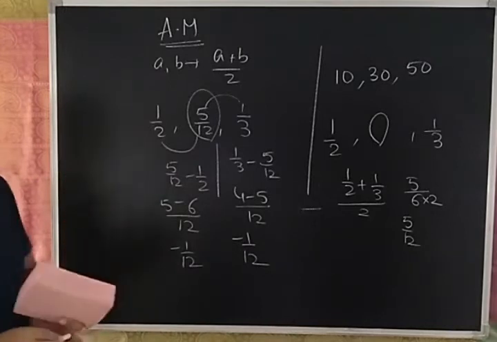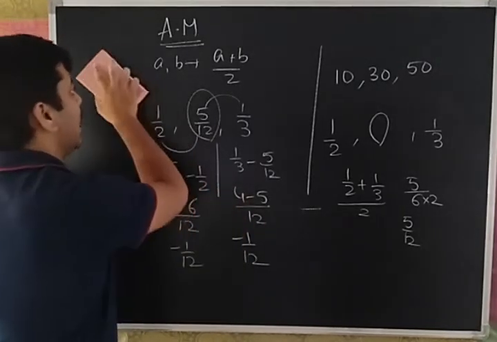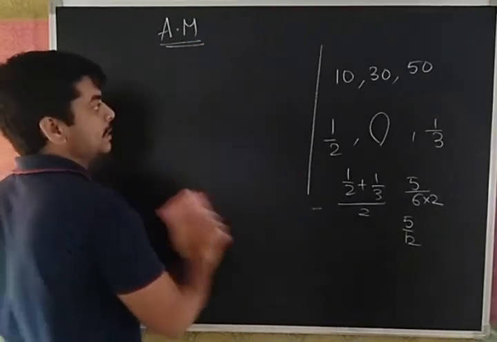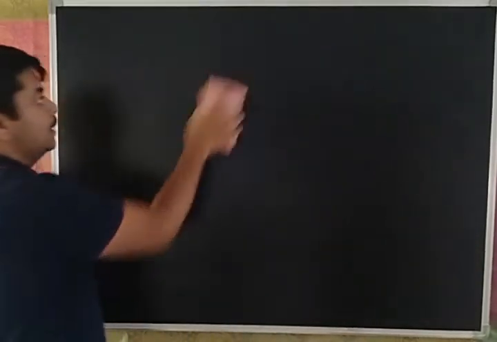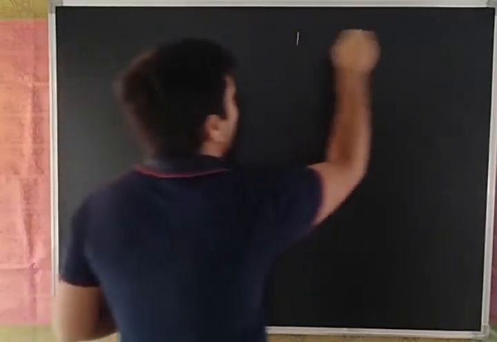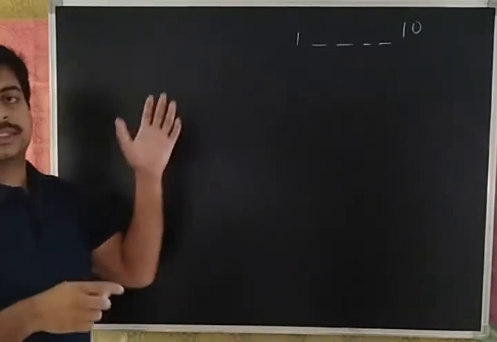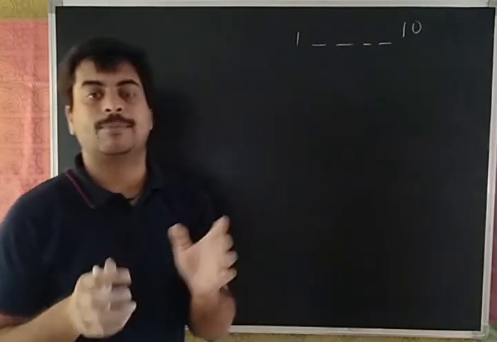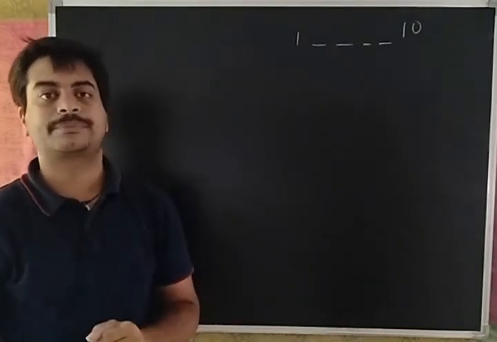Clear? This is about arithmetic mean of two numbers. But now the actual concept for arithmetic mean is not just inserting one arithmetic mean. What I'll do now, I want to insert n numbers between two numbers. I have a number 1, I have a number 2, I want to add 4 more numbers such that all those 6 elements, now the complete 6 elements, will form an arithmetic progression. That is where the actual arithmetic mean will be useful.